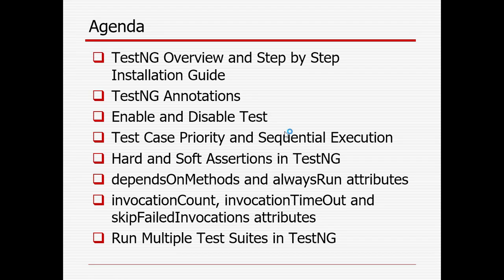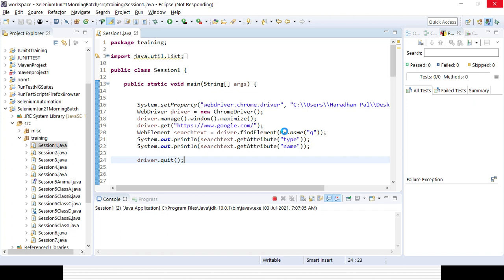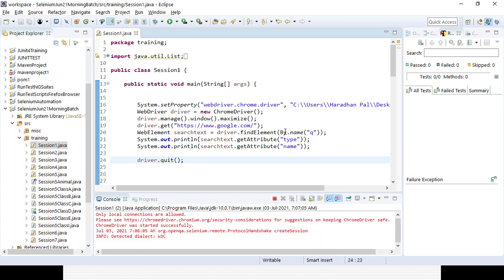So to avoid this, we need to depend on some framework. We need to implement some framework in our real-time project. TestNG provides some important features, with some inbuilt functionality. With the help of that, whatever drawbacks there were in the normal standard functionality, we can avoid. I will let you know one by one.